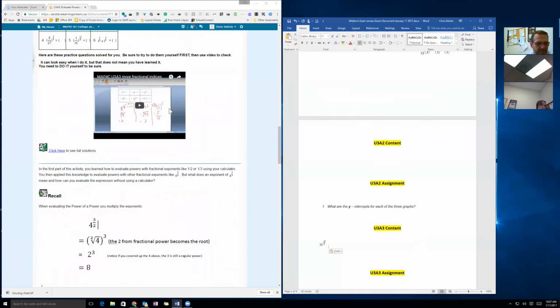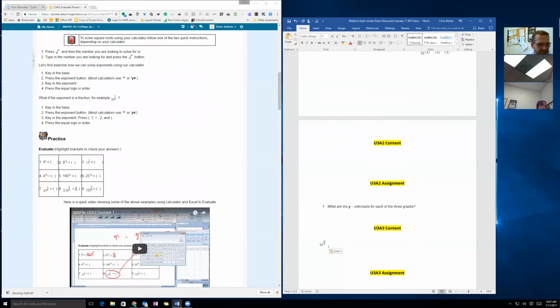Maybe I should pick another one from content here. Let's go up to something like these cube roots and stuff too. So that might be a good one too. Can I copy that? So